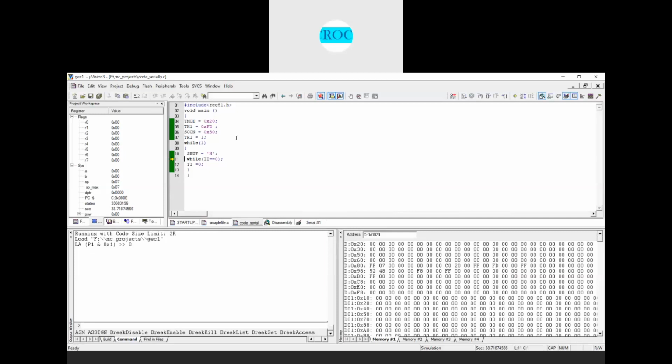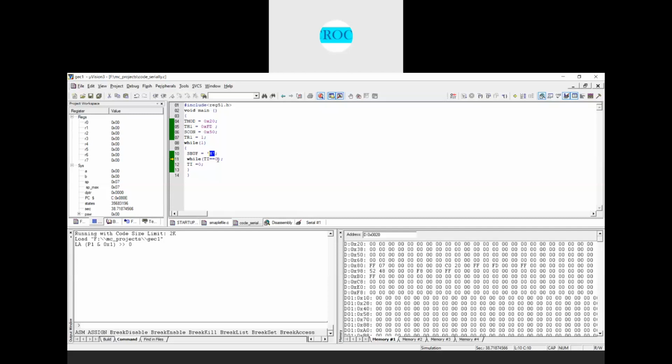Everyone understood? The first 3 steps, as I said, are setting the TMOD register. The second step is initializing the TH1 register, which is FDH. Why FDH? Because the baud rate is 9600, and the SCON register is loaded with 50H here. After that you set the timer. Once you set the timer, you load the data which needs to be transmitted serially, that character, into the serial buffer register, and you keep on monitoring this flag to make sure whether the bit has been transmitted or not.